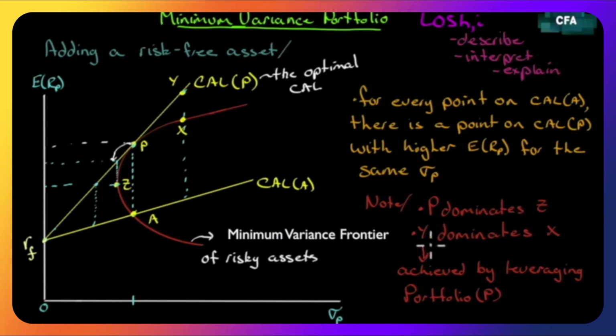Let's go to Y dominates X. Notice that Y is up here, X is over here. Now there's a bit of a problem. X is on the efficient frontier. I thought we said everything outside was unattainable. But suddenly Y is attainable? Yes, it is. Y is attainable because it's on the capital allocation line. Some of you are probably saying, hang on a second though, you said P is 100% in the risky asset and 0% in the risk-free asset. So what could this possibly be?